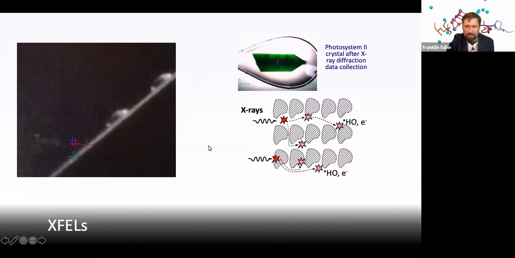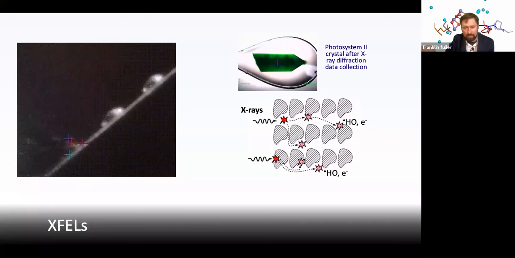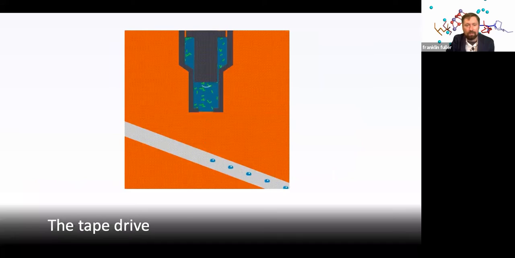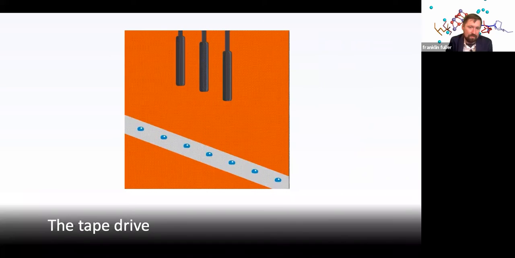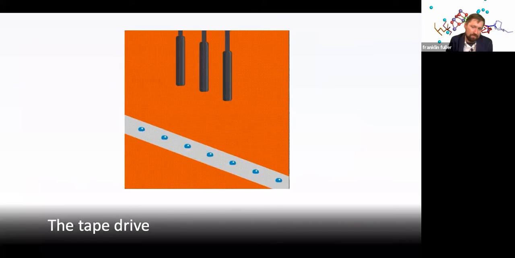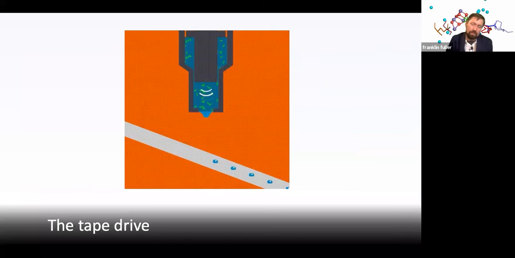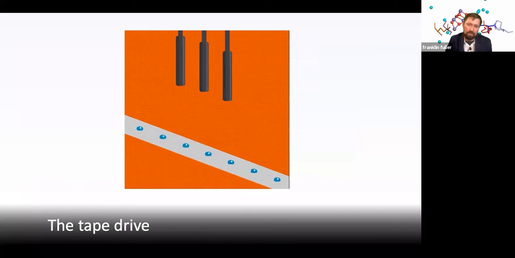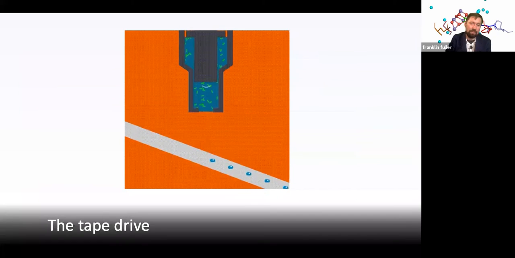But this presents a unique problem in the sense that we need to come up with a way to continually prepare the sample in this S2 to S3 transition and bring it into the beam. And so we came up with this system that is being shown in this animation here, where we put the sample, this is a slurry of these little microcrystals that I showed earlier, onto a conveyor belt, and move the conveyor belt through a system of laser flashes so that we can advance around that cycle